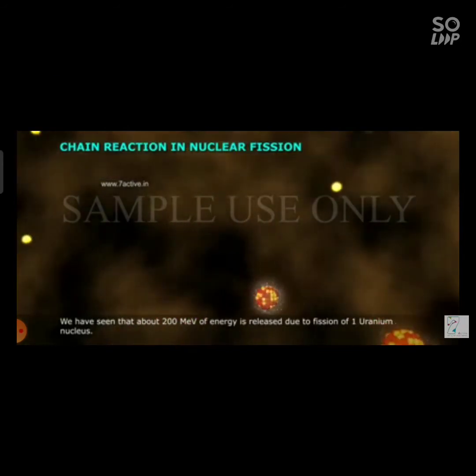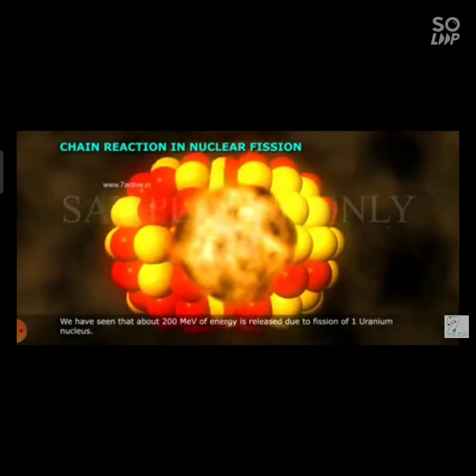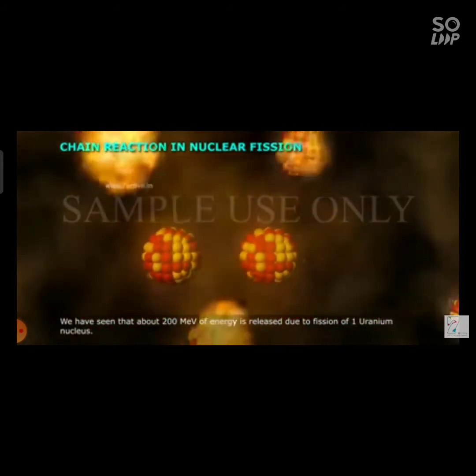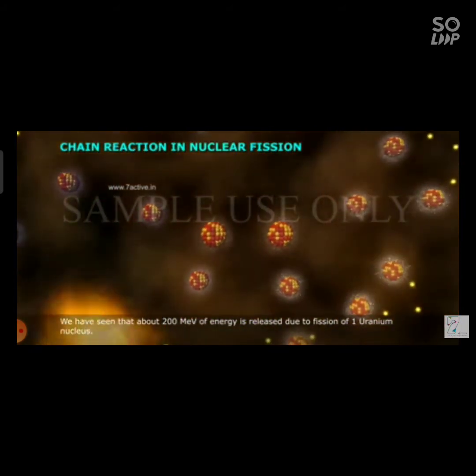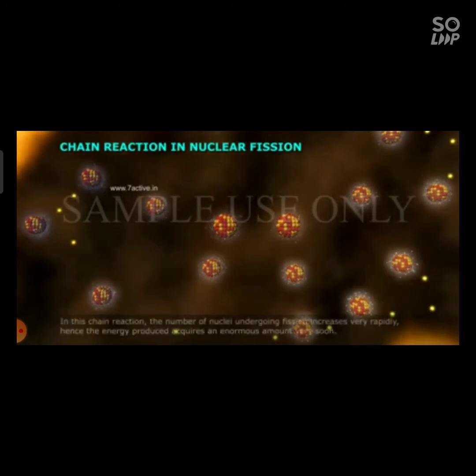We have seen that about 200 mega-electron volts of energy is released due to fission of one uranium nucleus. In this chain reaction, the number of nuclei undergoing